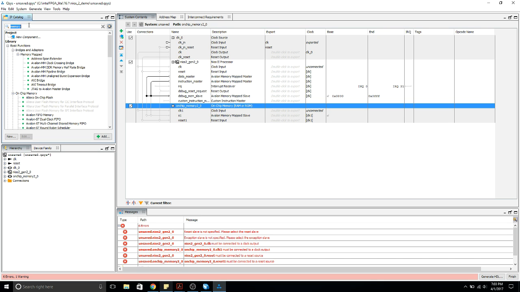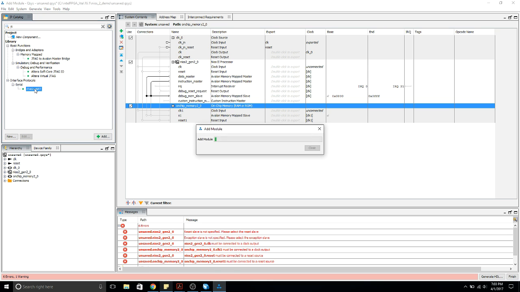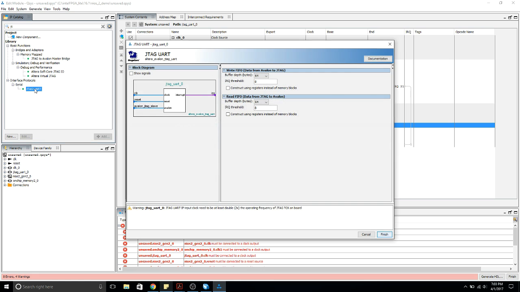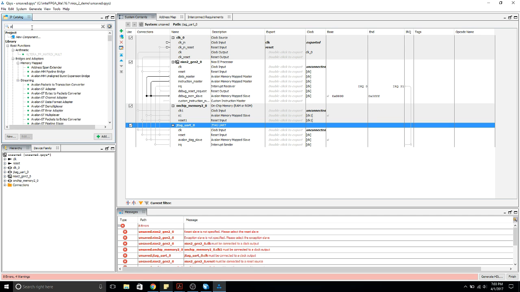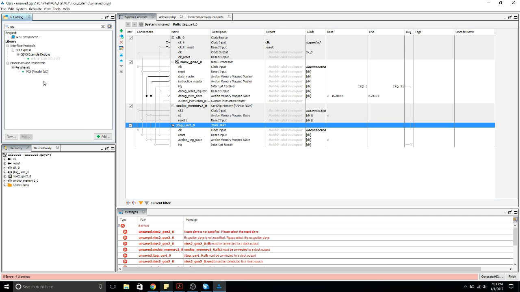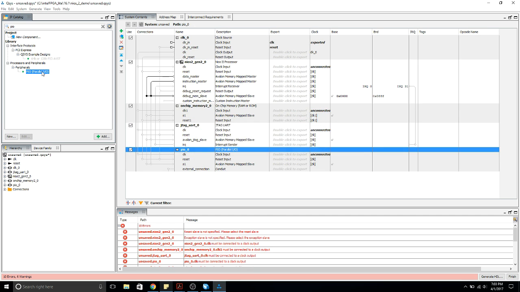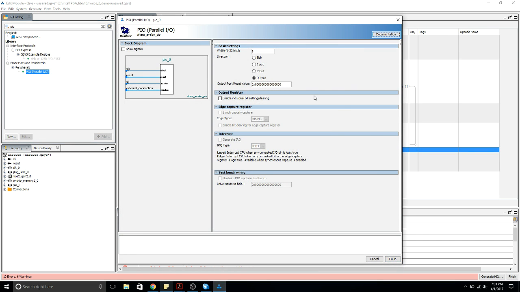Alright, and next we'll add a JTAG debugger module, so you can write to console and do other debugging features. You don't need to change anything here, you can just hit finish. And we will also add some parallel I/O. This you could use as switches or LEDs. You can set the width of the bus, we'll just keep it as 8, and you can select input, output, whatever. We'll do output for this one,